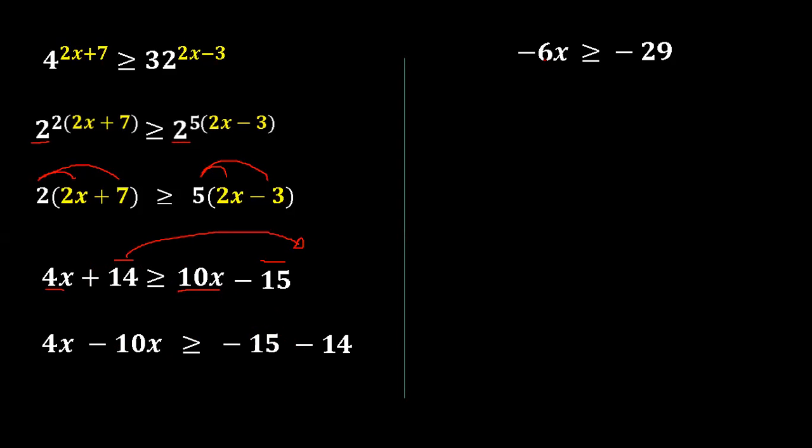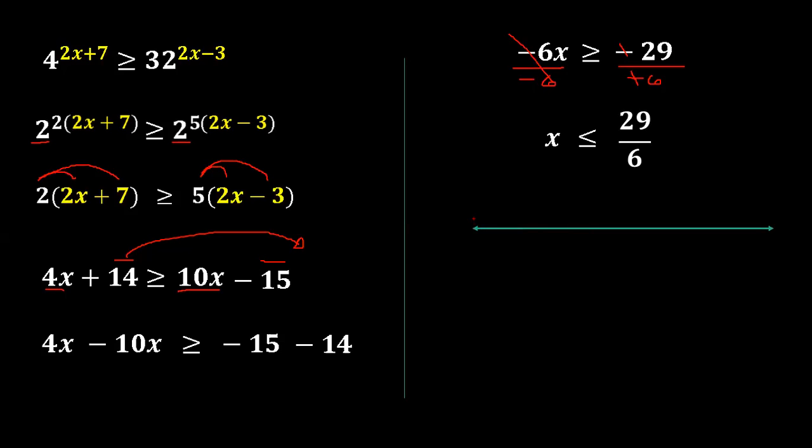As you can observe here, since our goal is to find x, we need to divide both sides by negative 6. So x is isolated this time. As you can observe, we divided by a negative number. So greater than or equal to here will change to its opposite, which is less than or equal to. The negatives cancel out, negative divided by a negative. So x is less than or equal to 29 over 6.